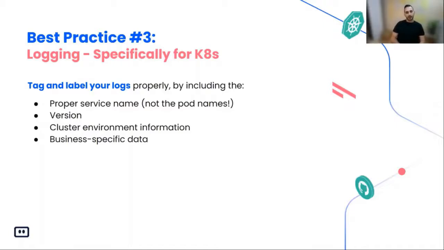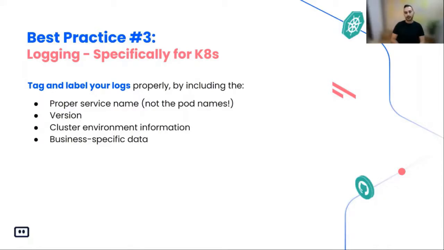The next part is about logging, specifically for Kubernetes. You're going to have logs in any application that you write. In Kubernetes, it changes a bit because now you're going to have to aggregate all your logs into one place to properly view them, and you're going to have to tag them accordingly. Even if it's as simple as just adding to your logs what the service currently logging is, the version